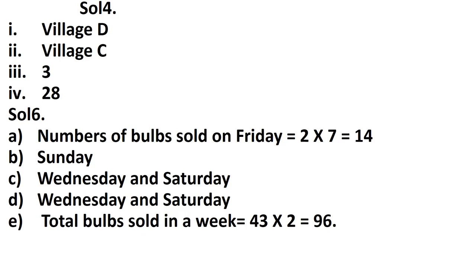First of all, we need to find out the total number of bulbs sold. Total number of pictures are 43 and one picture is equal to 2 bulbs. So total bulbs are 43 multiplied by 2, that is 86. Now in one carton 9 bulbs can be packed. So how many cartons are needed for 96? That is 10 cartons. It is 9 10s are 90. So 6 bulbs were left. So we want one more. So 10 cartons are required.